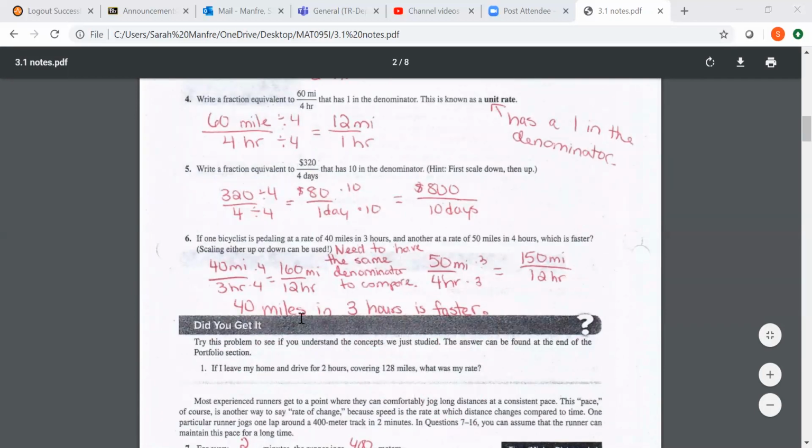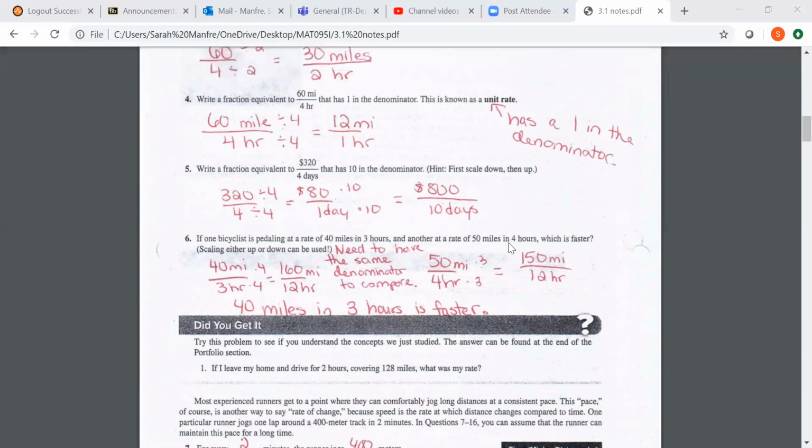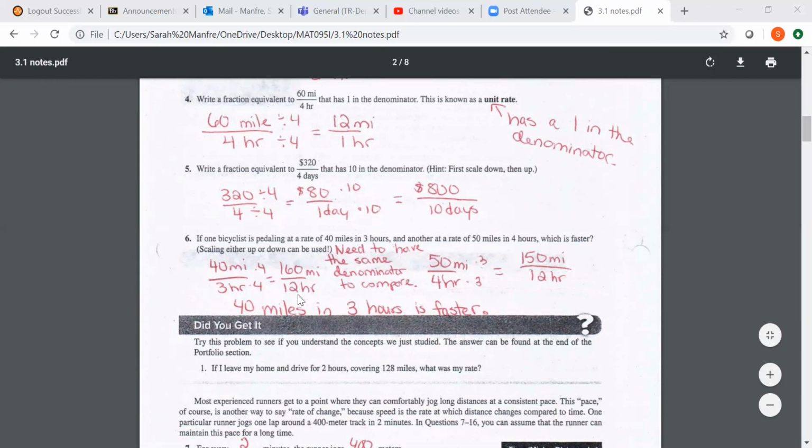Question 6 is going to use the same thing. So it says a bicyclist is pedaling 40 miles in 3 hours. Another one is pedaling 50 miles in 4 hours. Who is faster? So I'm going to turn both of them into the same denominator, because when we're comparing, I need them both to have the exact same denominator in order to see which one really is faster. So I'm going to multiply the first fraction by 4, I'm multiplying the second fraction by 3,